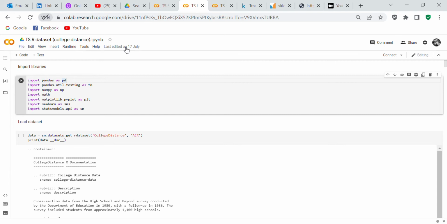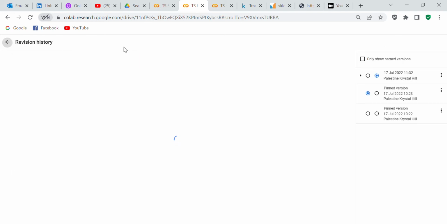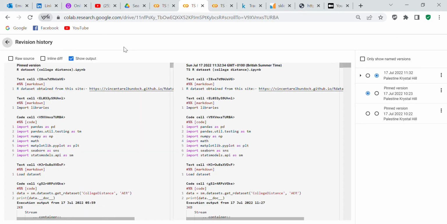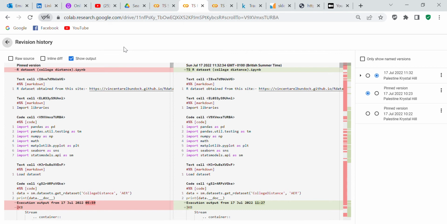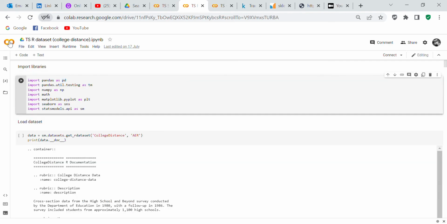But if you really delete some code and you're upset about it, you can go back into your save history, and there's a possibility that you might be able to get that code back. I just thought I would show that to you. So now that you know about the good points and the bad points of Google Colab,